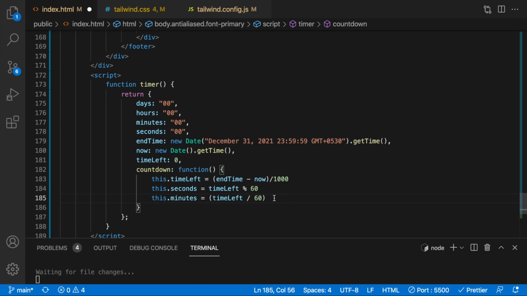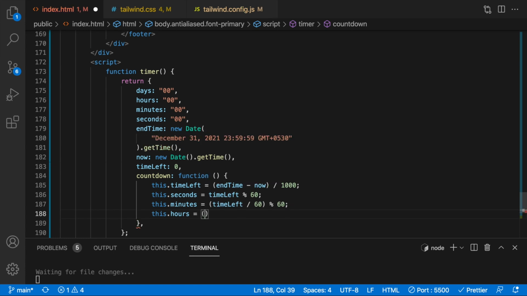Divided by 60 would give us the hours, but % 60 will give us the remaining minutes. Similarly, this.hours would be timeLeft divided by 60 into 60 % 24. So divided by 24 will actually give us the days, and then the remainder is the hours, right? So % 24,